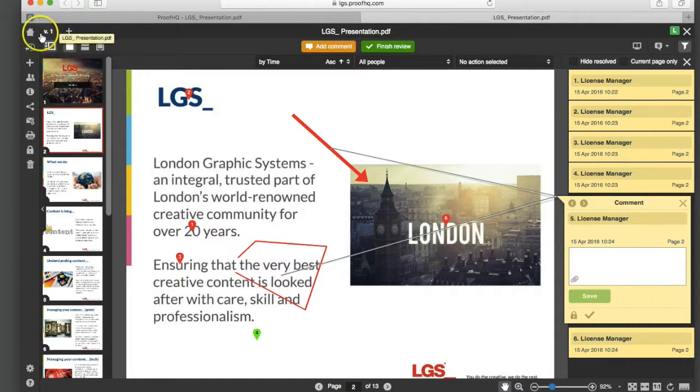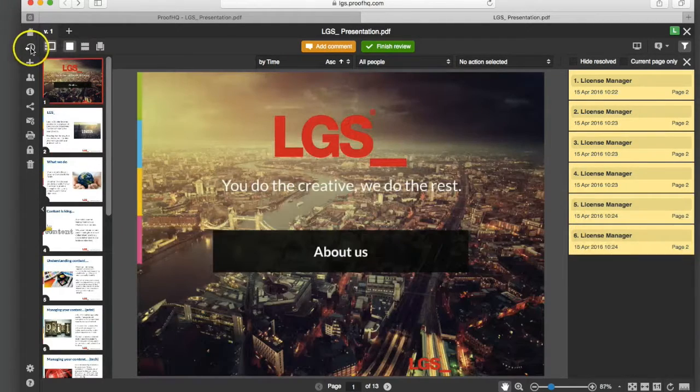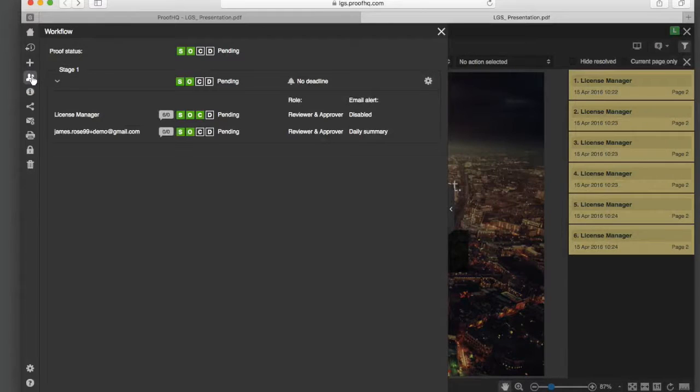Just looking down the left hand side now, we can see that we've got a home button. That will take us back to the dashboard, providing that we're a user on the platform and we've got login details. The eye that we see here will take us to the proof details, again back in the main system. We can create new items here with the new item button, again if we want to generate a new piece of content around this. We've got the ability to view the workflow, so if we click on that we can